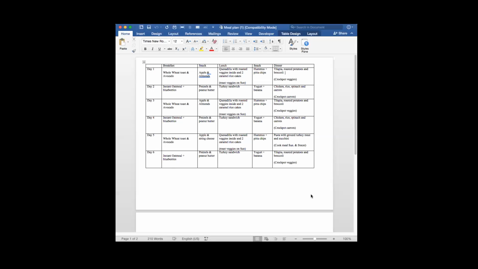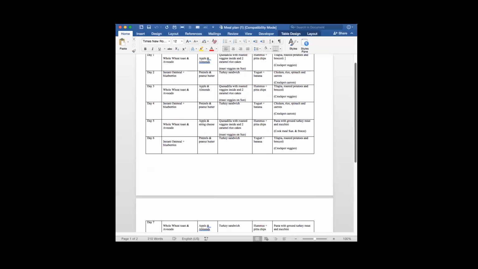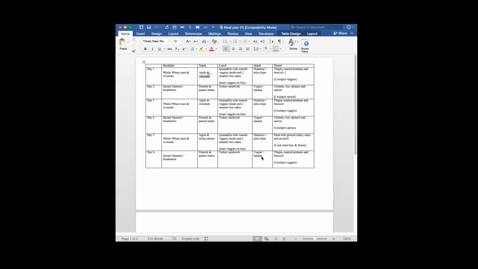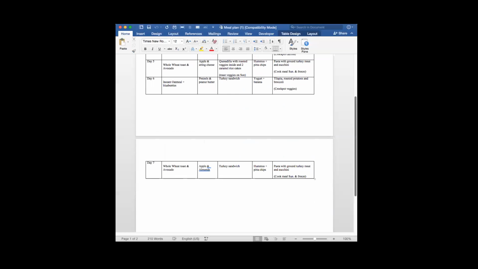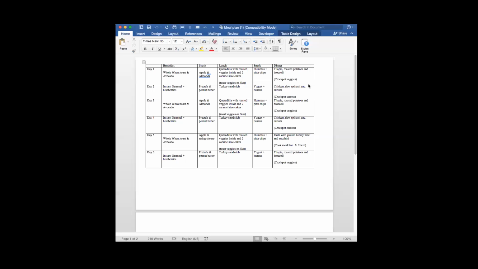Let's see, is there anything else? I do not think so. There are creative ways to mix and match these meals as well. They don't have to stay the same, but for routine and time's sake, I just want everything kind of easy and accessible. So if it stays the same for 1 week, I can change it the following week. But that's a way to save money, save time, and get really nutritious food.